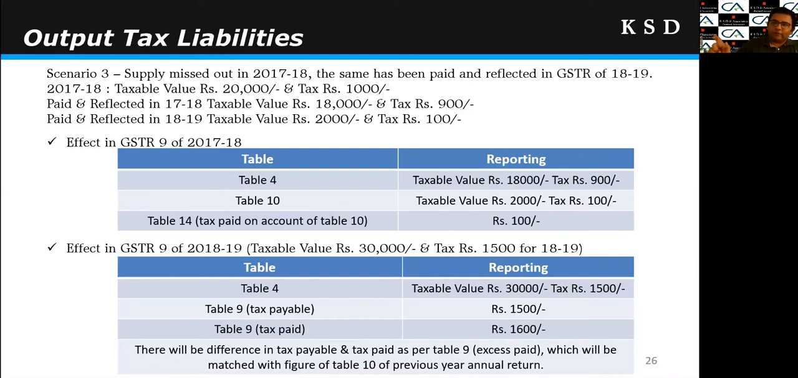Further, in GSTR 1, though I have reported the transactions of 17-18 and 18-19, the auto-populated GSTR 9 fetches only transactions of 18-19. So there is one invoice of March 18 which has been reported in April 18. That same will not be fetched under table 4 of the GSTR 9. So in table 4 of the GSTR 9, the turnover and liability of 18-19 only will be reflected, that is 30,000 and 1500. Now table 9 tax payable is again 1500, but table 9 tax paid will be 1600 because